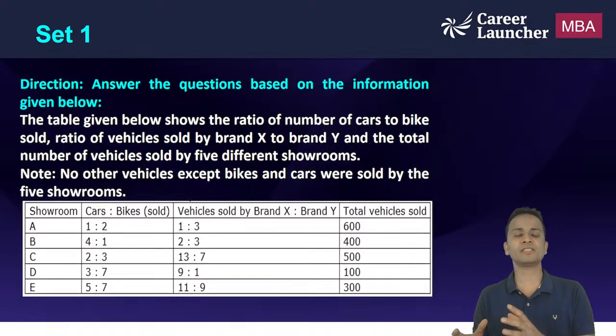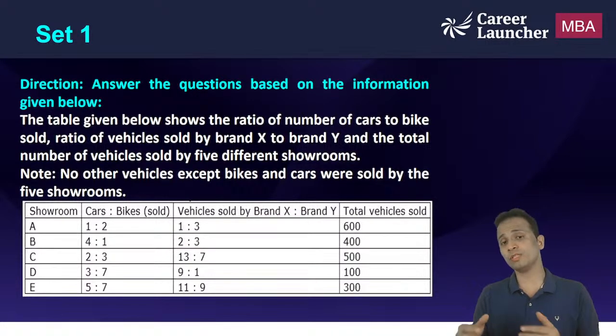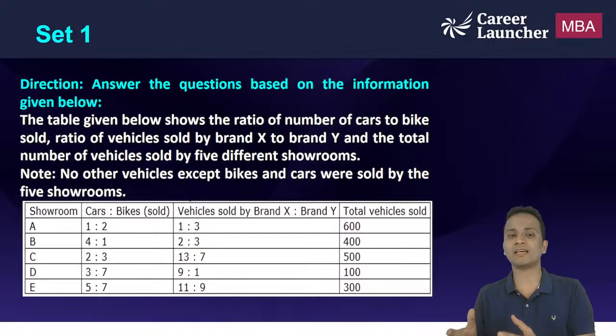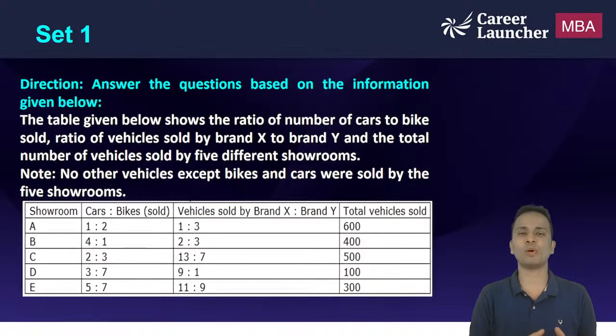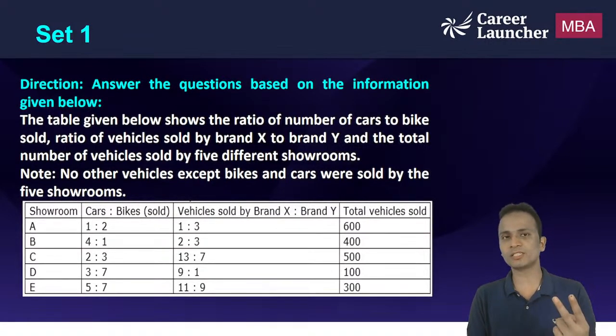These 600 vehicles can be cars or bikes, which are in the ratio 1:2. Also, these 600 vehicles can be categorized in two brands, brand X and brand Y, the ratio of which is 1:3, right? Likewise, it is given for all the five brands. So I'll give you 2 minutes to find out the number of cars and bikes sold